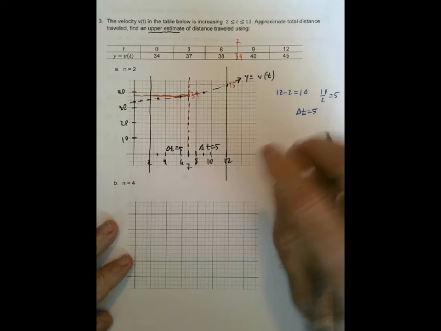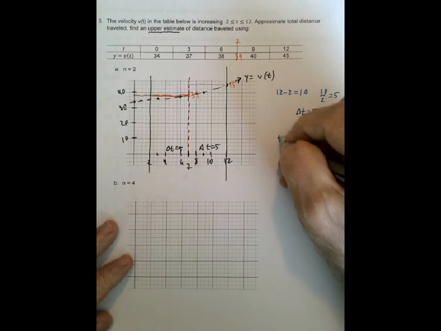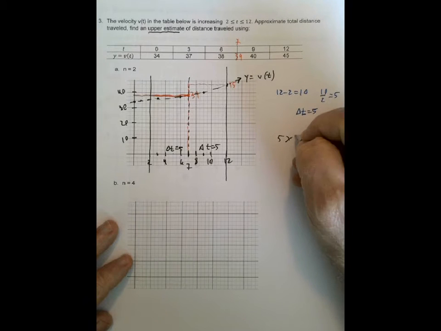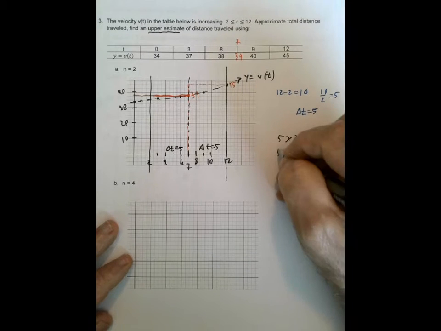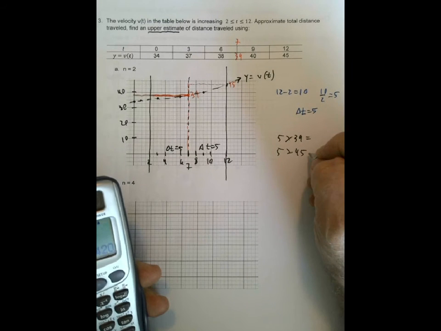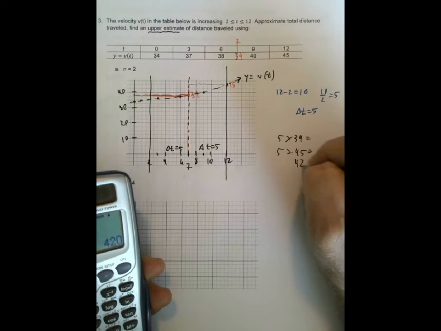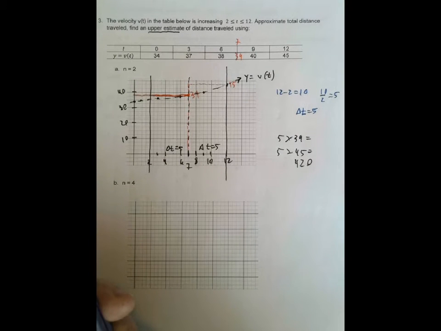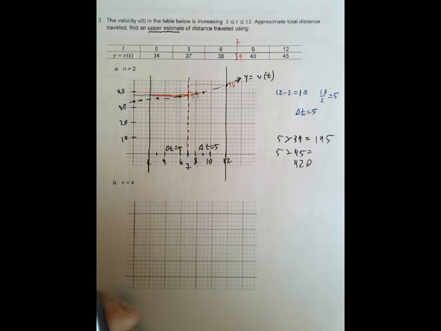And the width is 5, so 5 times 39 and 5 times 45, we're going to add those together, right? 5 times 39 plus 5 times 45, I'm getting 420, right? Because 5 times 39, that's 195, and 5 times 45, that's